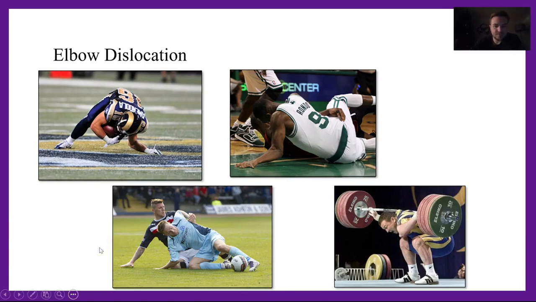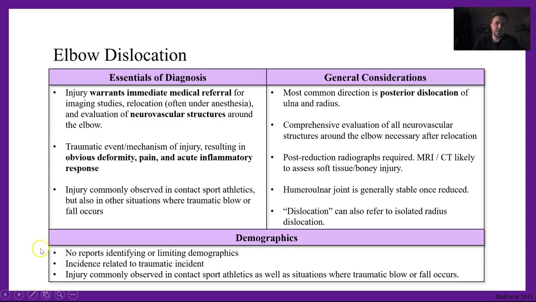So as we move on here, elbow dislocations warrant an immediate referral because of neurovascular compromise or the risk of neurovascular compromise from the dislocation. There's a lot of neurovascular structures within the elbow, and if you dislocate it, we really worry about something becoming injured. And so the most common direction is posterior dislocation, and we do think that with most elbow dislocations